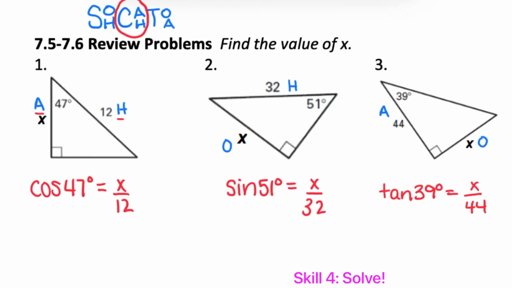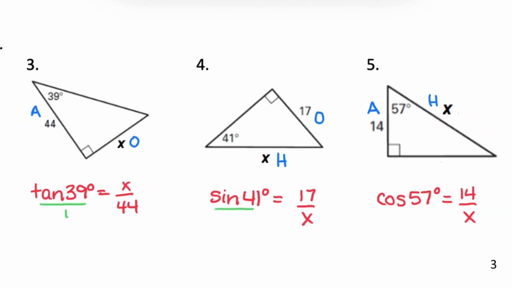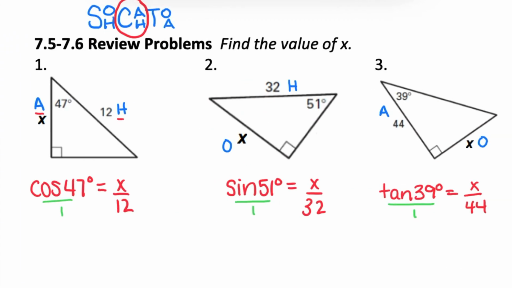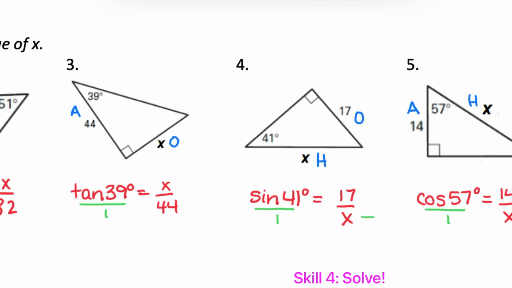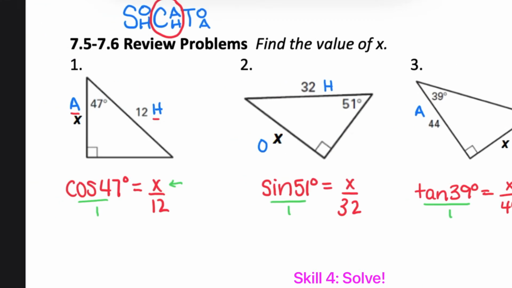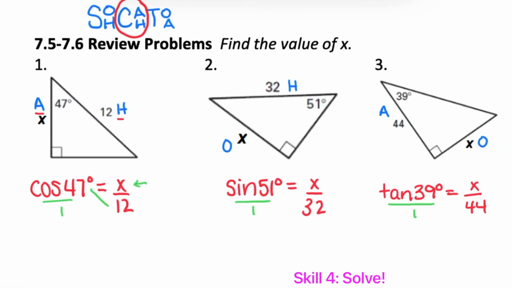In solving these, I always encourage you to set them up as a proportion, since you're also good at cross multiplying. And maybe you've noticed that when the X is on the top, it's a pretty simple solve, but when the X is on the bottom, it takes just an extra step. But either way, it's cross multiplying. We're going to take the 12 times the cosine 47